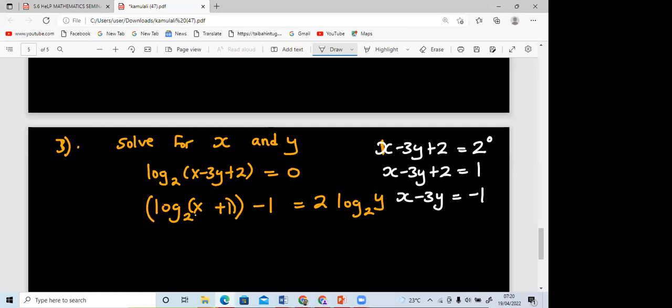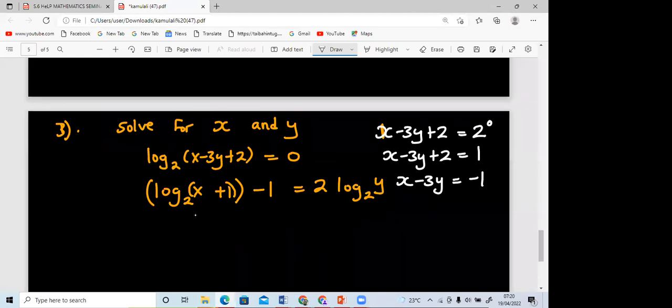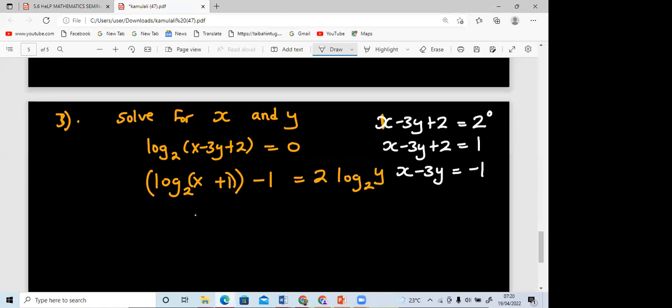Is everyone happy with this step? Yes, please. I was inquiring from the members whether everyone is happy with this step. Okay. That's equation 1. So this is our first equation. Okay. Then from the second expression,